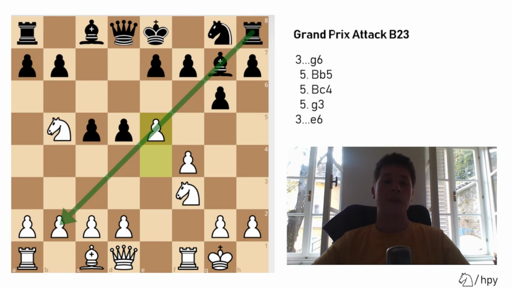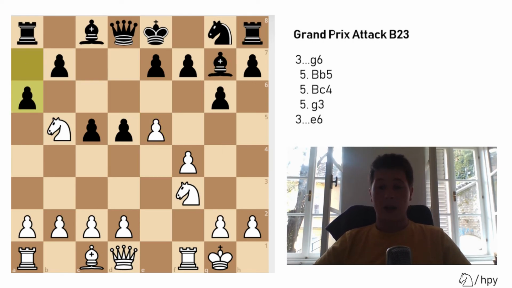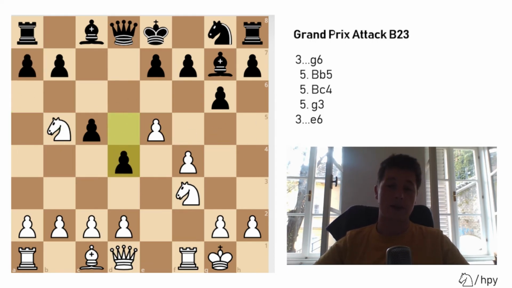So after e5, black will once again continue with a6, chasing the knight away. a6 is supposed to chase the knight away to c3. So now you might wonder what happens if black plays d4 first. Now that isn't as good, because now white can play c3, and after a6, the knight doesn't really mind going